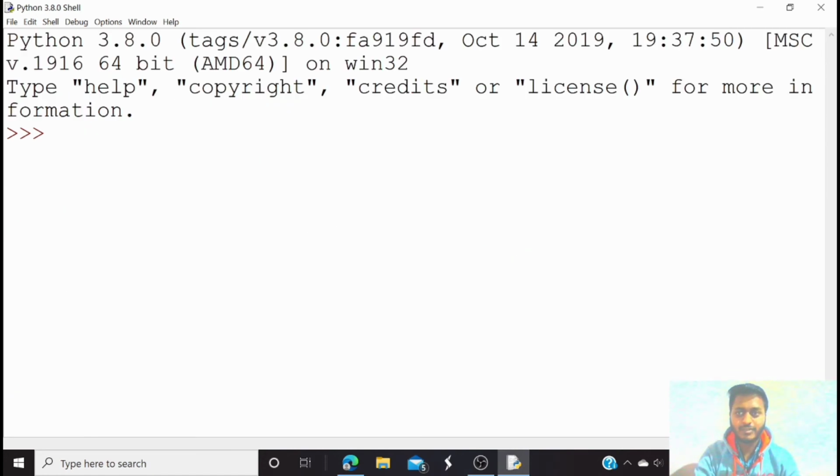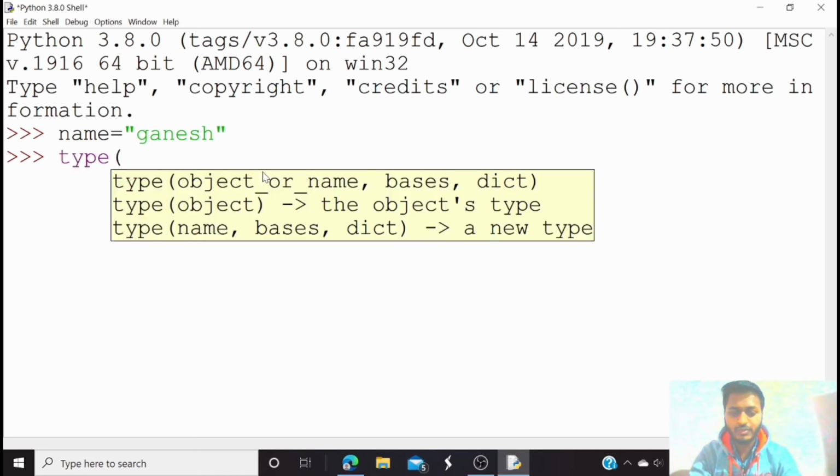So let's do some operations on the variable. I have a variable called name and I'm assigning the value Ganesh. If I want to know what type of value I have assigned to the variable, I just have to use the type function. It will give the type.